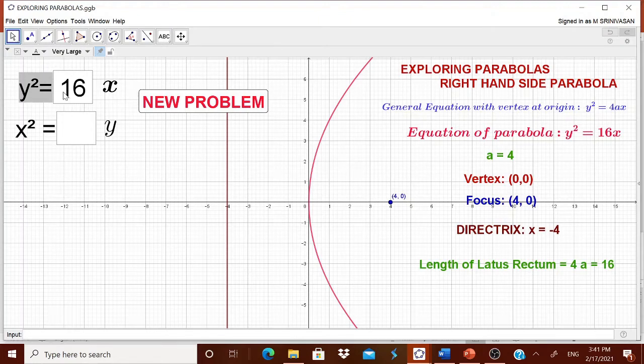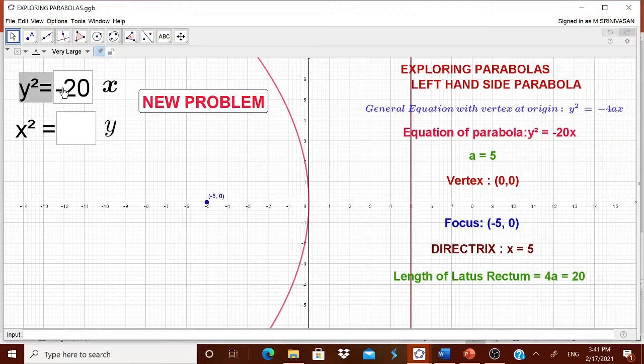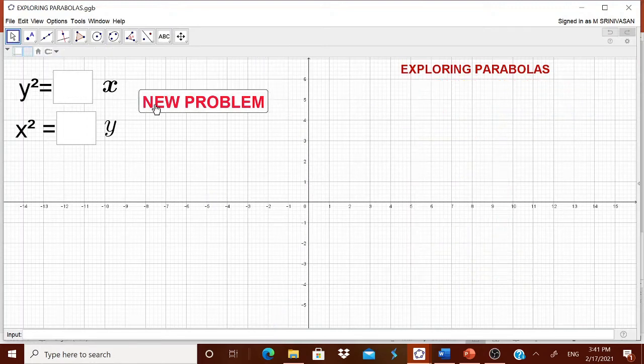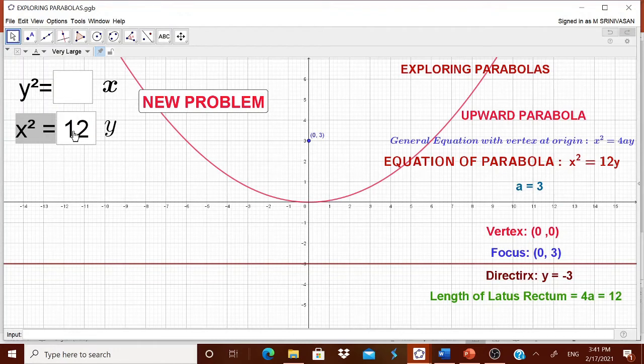Suppose the same child is entering here minus 20, then that particular left hand side parabola will be shown to him with vertex, focus, directrix and length of the latus rectum. The new problem button will enable him to go for a new problem. Suppose here he is typing 12y, the upward parabola, everything will be shown to him.